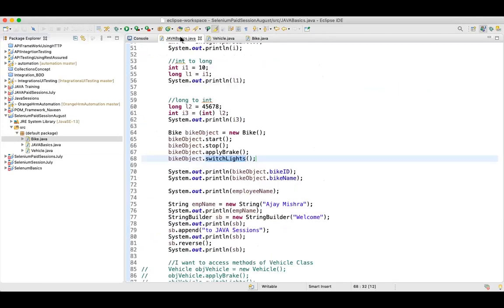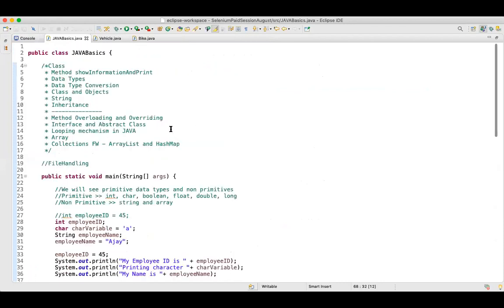Now let me full screen this so that it's easier for you. After method overloading and method overriding comes the interface. Now, as I told you, in Java...